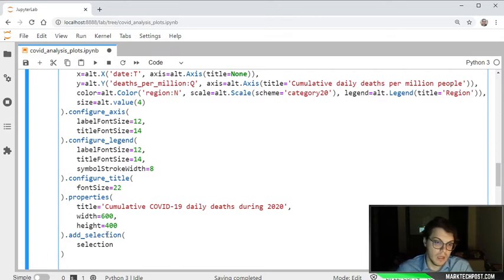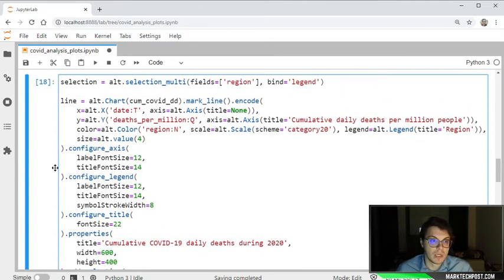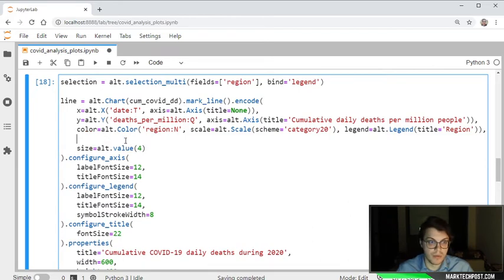When a region is not selected, we want its line to be almost transparent. We can do this by referring to the opacity parameter